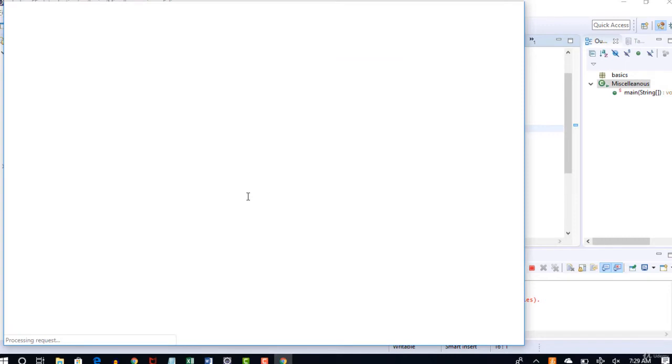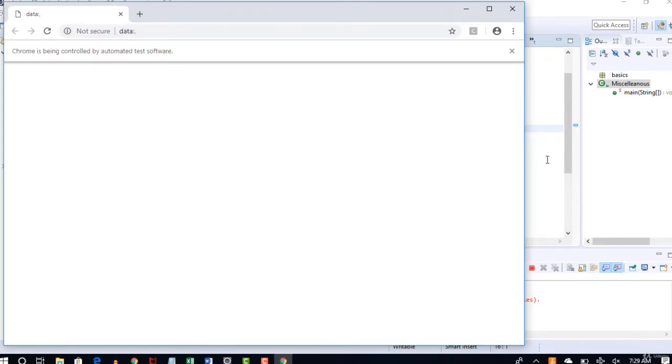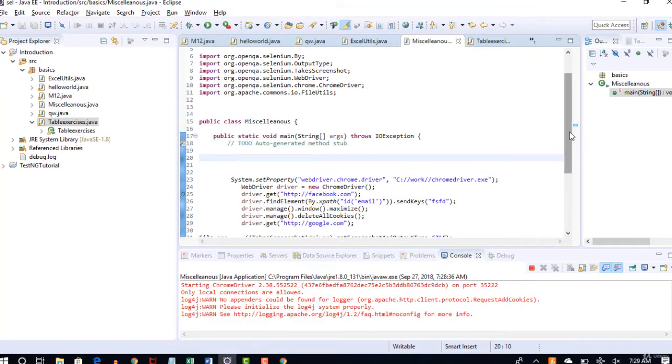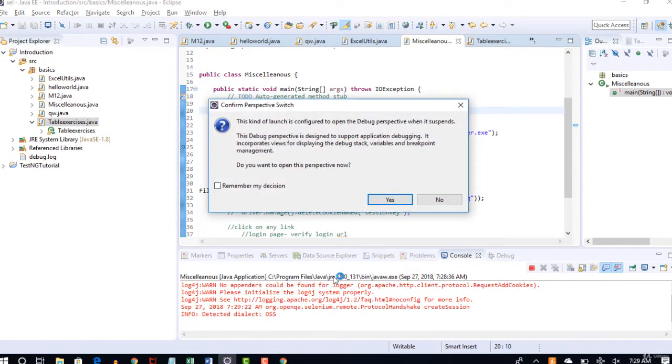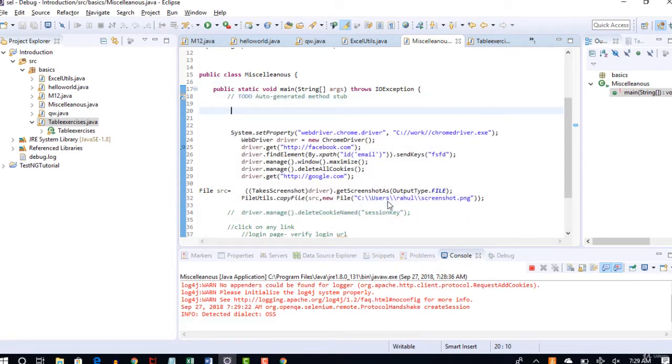You see that the browser is opening, and good, and now your script will obviously get paused at this point. Let's see. You see that? Just click on yes so that you will be switched to the debugging mode.